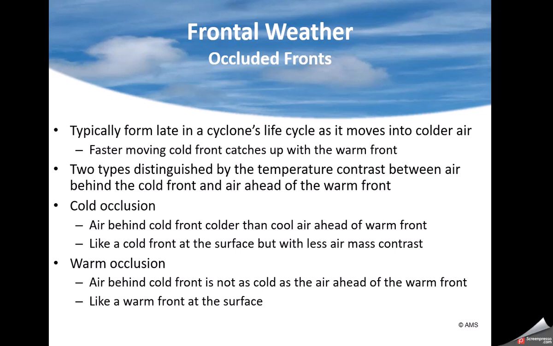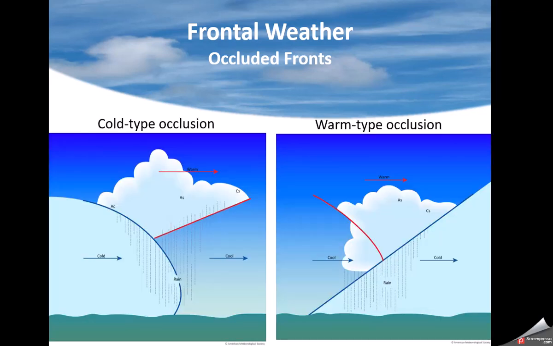Occluded fronts, what are they? Well, an occluded front is where a cold front basically catches up to and pushes a warm front out of the way. A warm front is pushing into cooler air. This cold front coming from the west is lifting that whole warm air mass, pushing it aloft. It forms an occluded front where it's cool or cold ahead of it, and cool or cold behind it. If the air mass is colder behind it, that's a cold occlusion. If the air mass is colder in front of it, that's a warm occlusion. And here you can see an example of that.